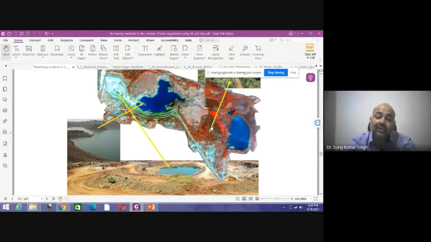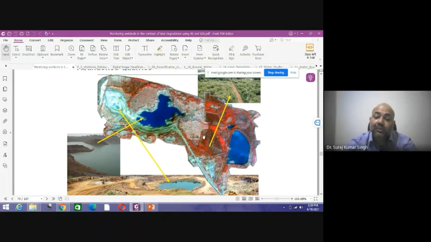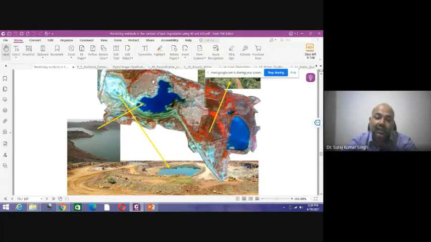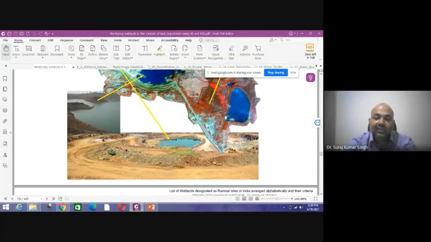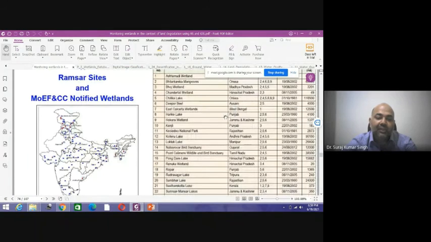As well, the government has said that you have to plant a number of trees where the extraction has been done, so you can see a large vegetated portion. How it looks in the field can be easily monitored. If an agency says, I have planted all the trees and I am following all the government rules and regulations, satellite images provide the real information on whether that person or agency is following the directions the government has given. We can clearly see it from our satellite image. There is no need to go to each and every place.